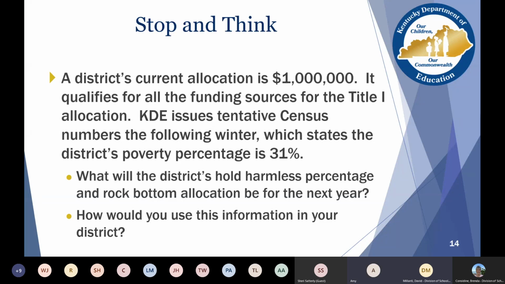So for us, I created a spreadsheet that mimicked GMAP in figuring out those allocations, and just estimated what our district set-asides, the mandatory ones, would be, and took our free and reduced numbers from February and created some tentative allocations for our principals, because they have to start thinking about staffing and meeting with HR pretty close to the beginning of April. And so for our Title I schools, that was important for them to know who they were going to be able to keep and not keep, and thinking about things like that.